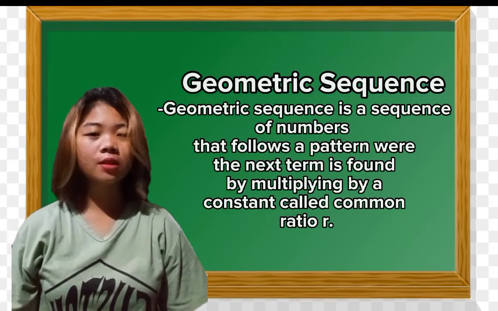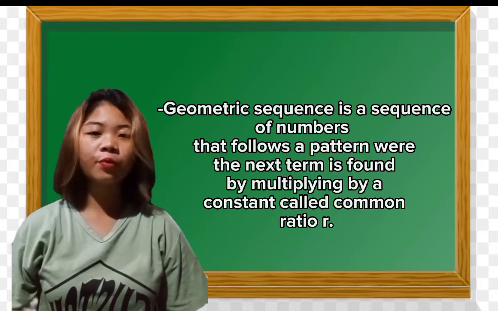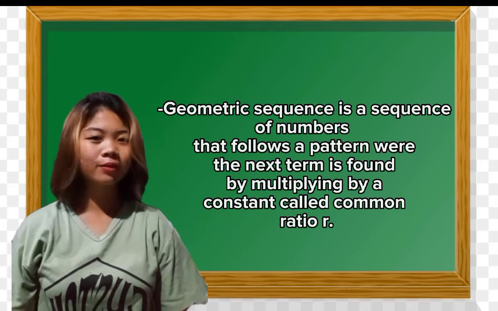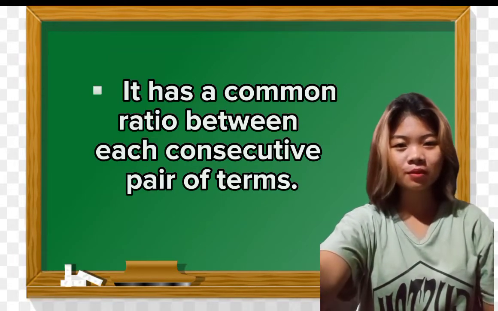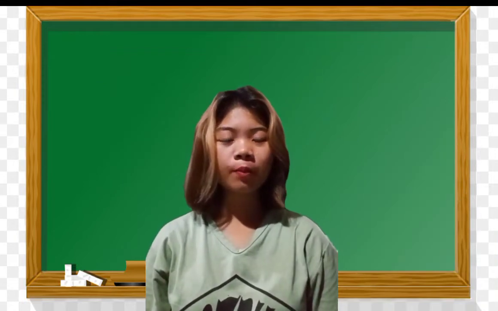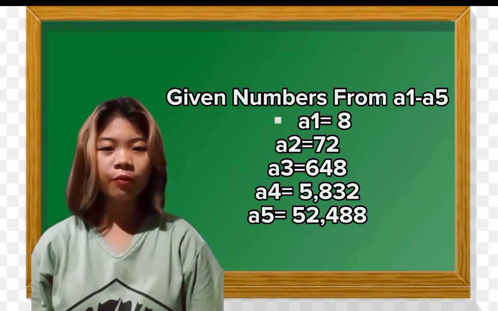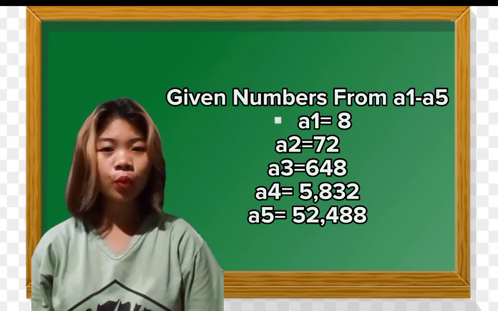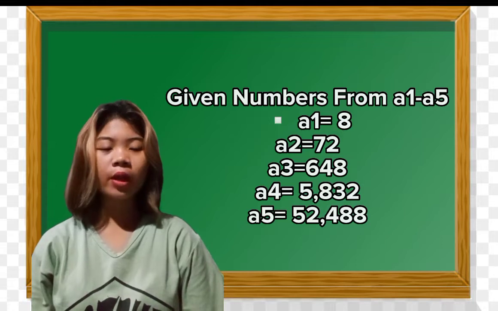Geometric sequence is a sequence of numbers that follows a pattern where the next term is found by multiplying by a constant called the common ratio r. It has a common ratio between consecutive pairs of terms. Before we proceed to our problem, we have given here a sub 1 to a sub 5. A sub 1 is 8, a sub 2 is 72, a sub 3 is 648, a sub 4 is 5,832, while a sub 5 is